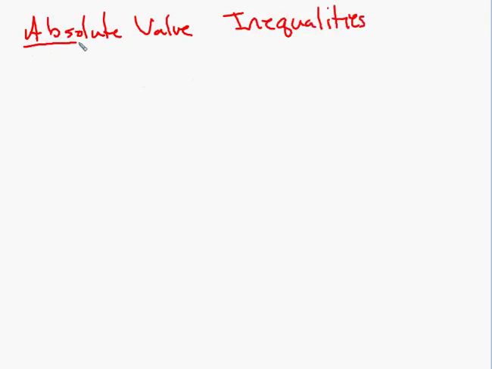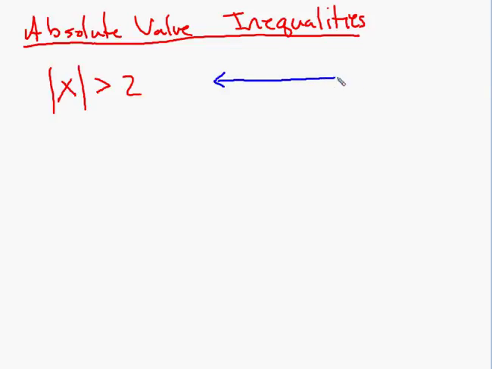Absolute value inequalities. All right, so let's say I want the absolute value of x to be greater than 2. We'll start with a simple thing here. And let's go to a number line to see what this means. Here's the thinking. I want all the numbers whose absolute value